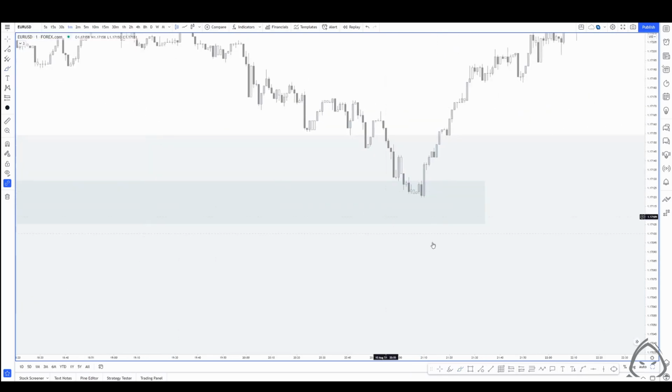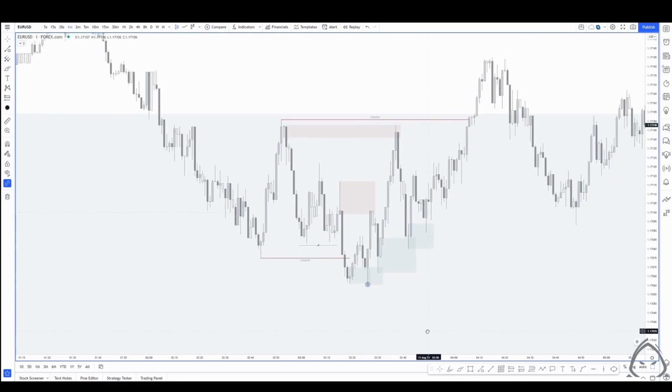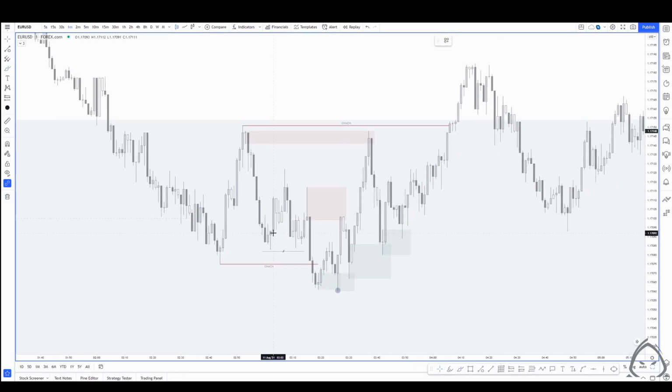And then one other thing that we'll just go over is a little bit more recent price action right here. And what we can see is when we're looking at a change of character, we're tapping into a higher time frame demand zone. So we know that the likelihood of price potential